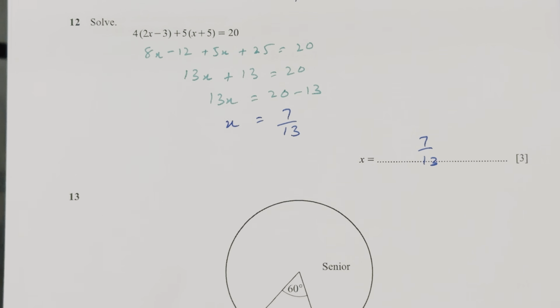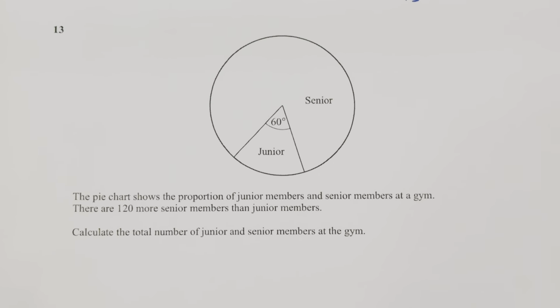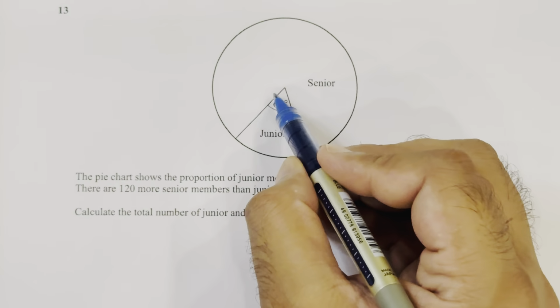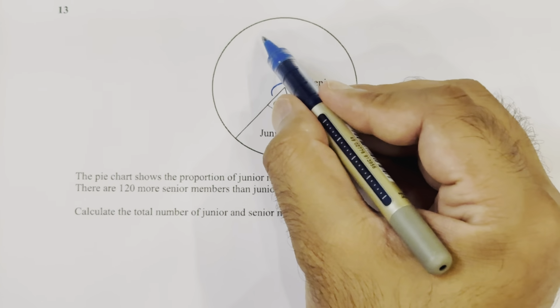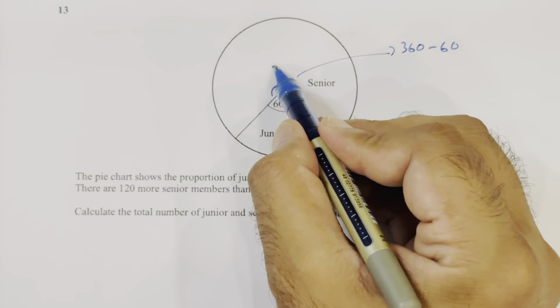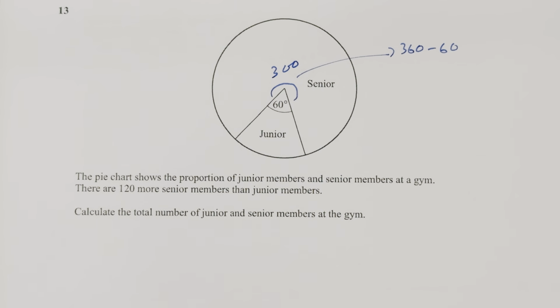Question number 13 is that the pie chart shows the proportion of the junior members and senior members at a gym. There are 120 more senior members than junior members. Calculate the number of junior and senior members at the gym. So first we need to calculate the angle, and we know that we can calculate it by subtracting from 360 minus 60, it would be 300. Okay, this angle is 300, and now we know that